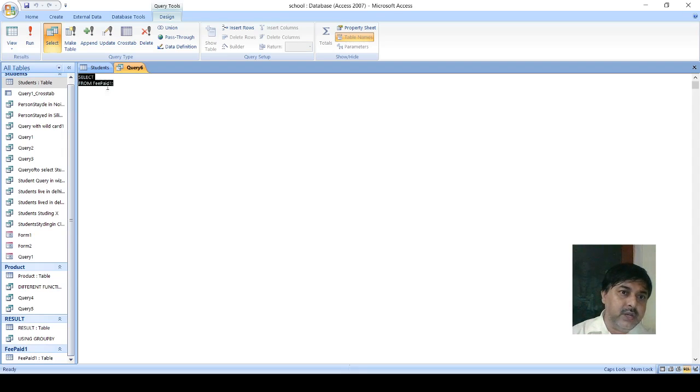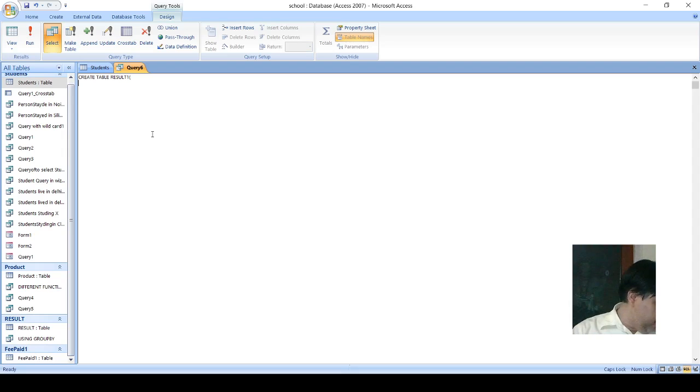Suppose you delete this one, and after deleting it, I am writing here create table, then suppose result 1. Suppose I have given result 1. Create table result 1. Then you open the bracket. After opening the bracket, you can continue the writing here, or you can come to the next line for writing.